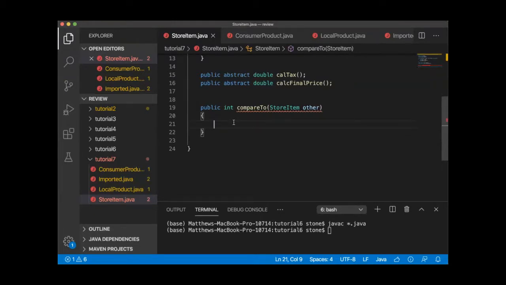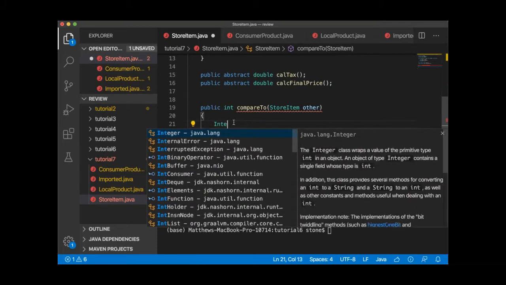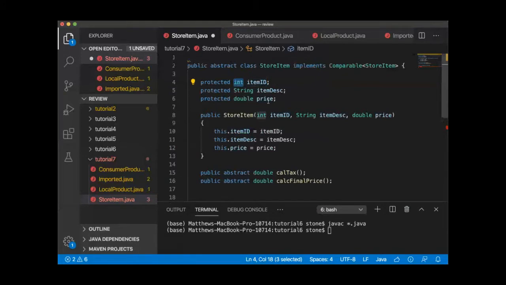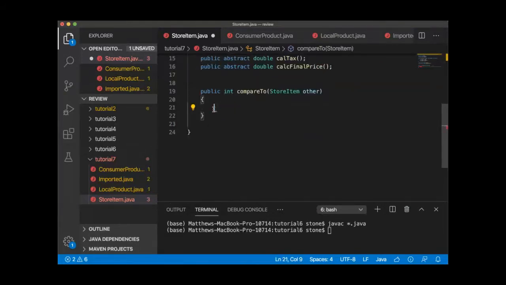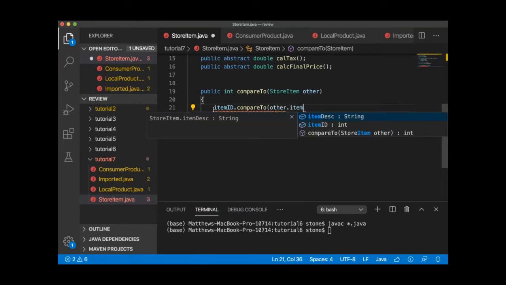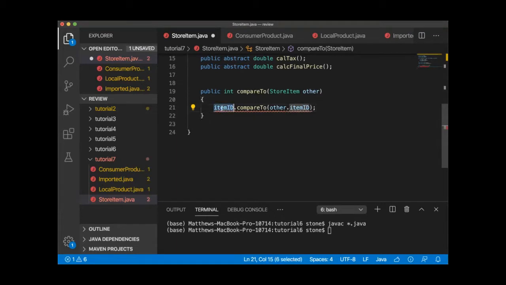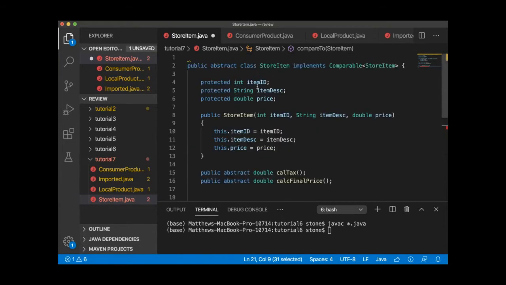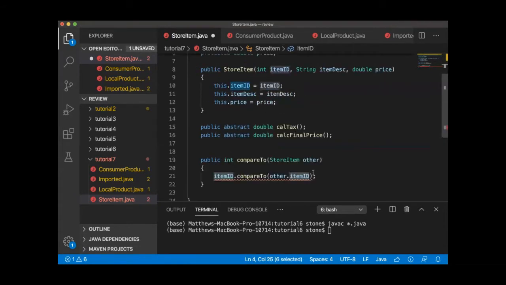in the Integer wrapper class. So there are some ways I could go about this. Now, if you notice, the item ID here is a primitive int. I am not able to say itemID.compareTo(other.itemID). I can't do that because item ID right here is a primitive int, so it does not have access to methods. So it can't do dot compareTo, which means I need to convert